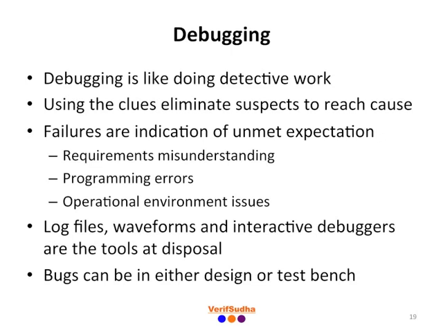Typically, this happens due to three major causes. First, misunderstanding of requirements. Second, programming mistakes. Third, operational environment issues. Operational environment refers to operating system, makefile, tools, and utilities. The clues for debugging work are found in the test run log files, waveforms, and interactive debug sessions. Debug starts with a log file produced by the test run. This is used to do the initial isolation of issue between either the DUT or test bench. If it's a DUT issue, waveforms are used for doing the root cause to a block within the DUT.